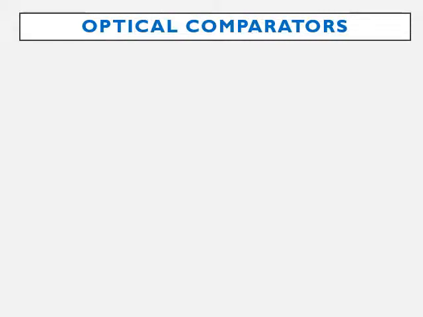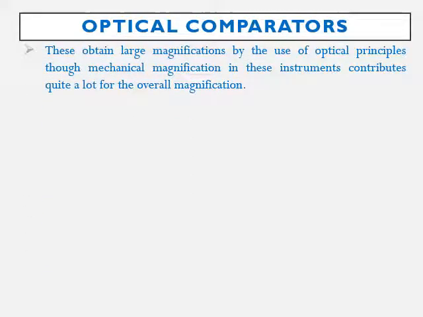When we say optics, obviously it is with respect to the principles of reflection, refraction and magnification. Interference and diffraction are also important principles which are used in optics. In measurement and metrology, we widely use reflection, refraction and interference phenomena, especially for measurement and comparator purposes.